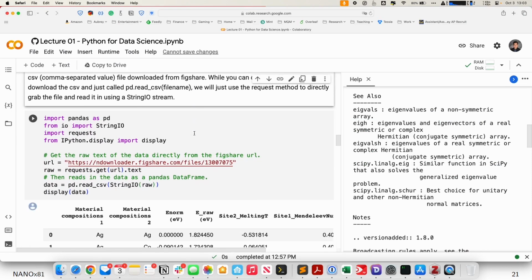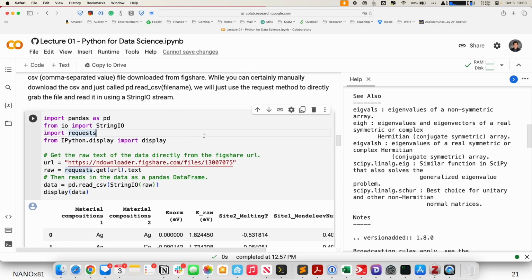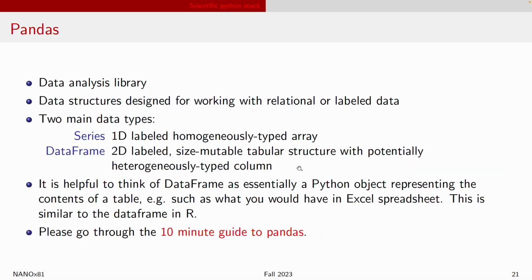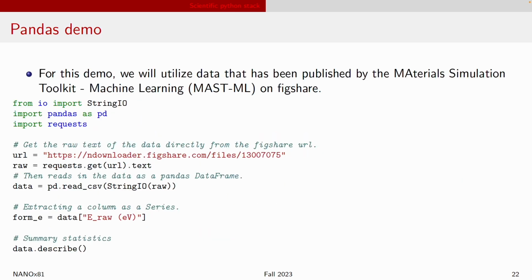So I am actually going to, wait, let me go back to the slides first, okay? So definitely very helpful for you to go through that 10-minute guide to Pandas. I'm going to go through some examples of Pandas because this is such a critical library for you to learn, okay? So for the demo, what I will do is that I'm going to utilize data that have been published